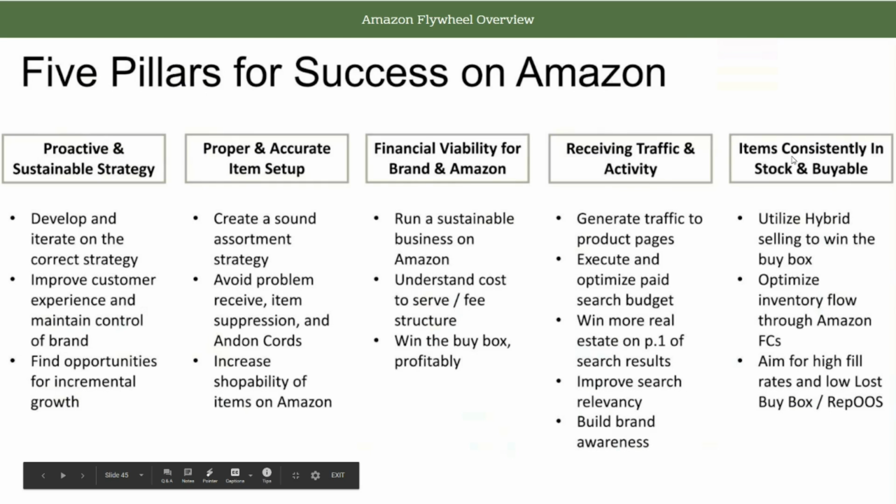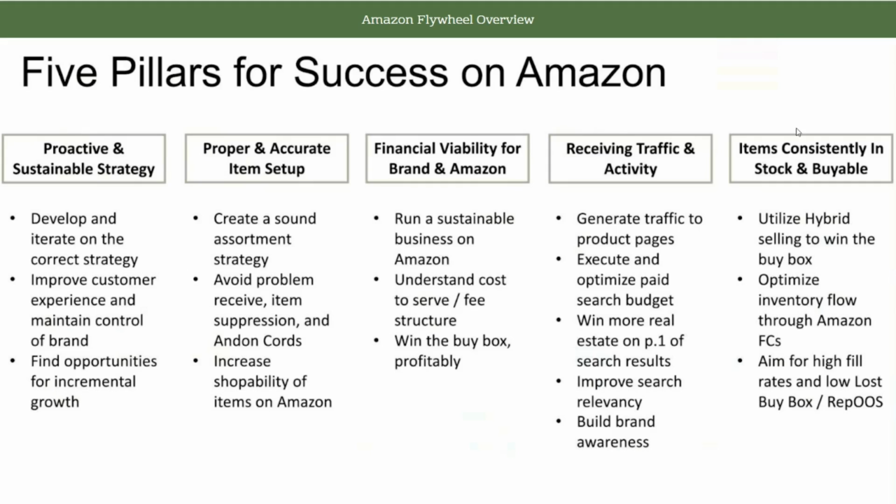And then lastly, items consistently in stock and buyable. So the most crucial thing you can do on Amazon. I think I've stressed that enough on this lesson. But we're going to utilize hybrid selling to win the buy box. We're going to optimize inventory flow through Amazon FCs. And we're going to aim for high fill rates and low cost buy box. So we're going to just make sure that we are keeping your item in stock and that you are winning